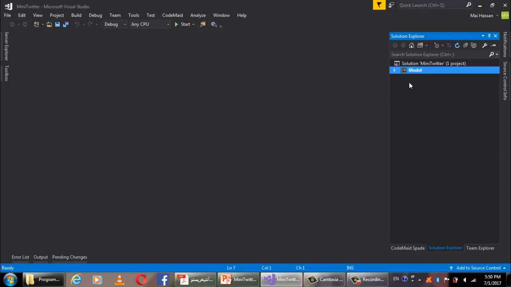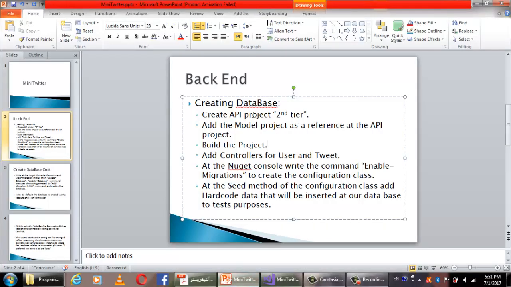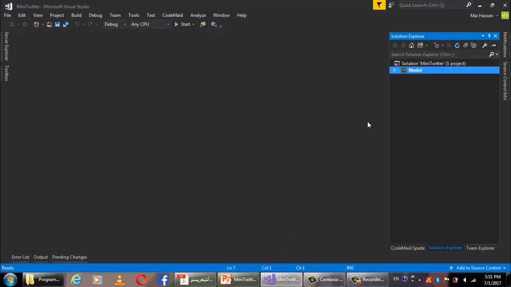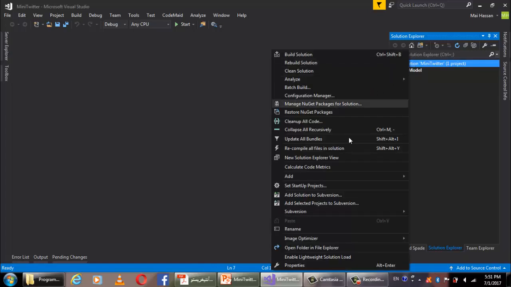As far as we have reached now, we have created the model project. Now we will create the second project, which is the API. That will be the second tier. This is what we said we will explain later: the N-tier architecture, which means different projects in the same solution. This is the first tier, which is a class library project. Now we will create the second tier,